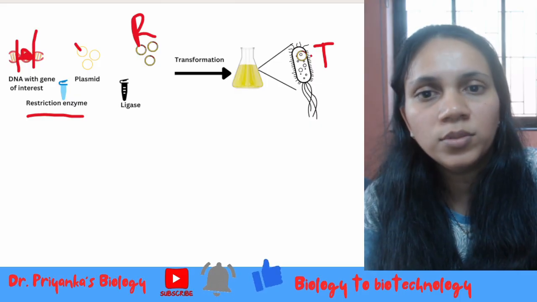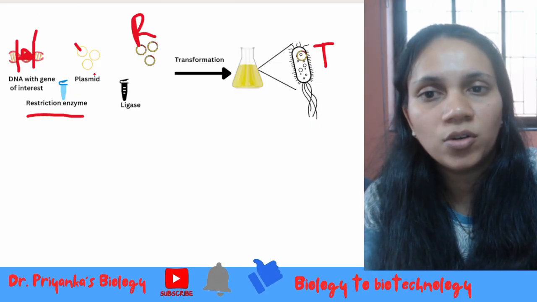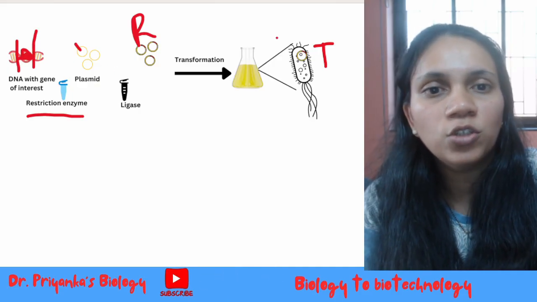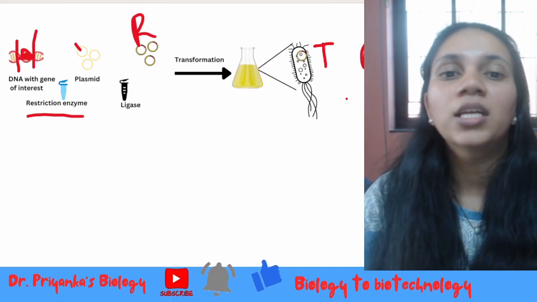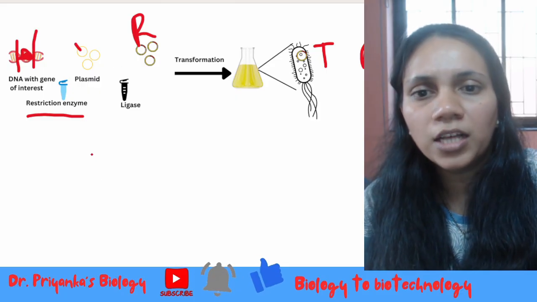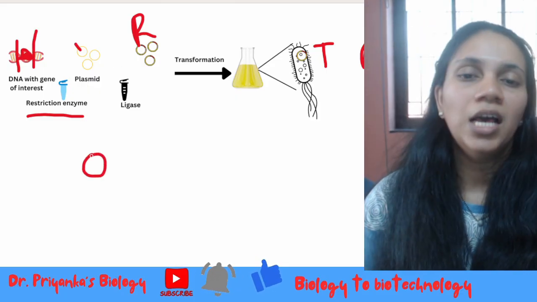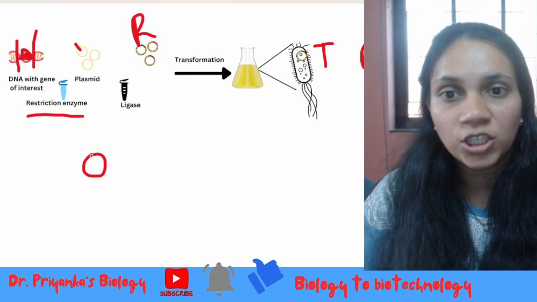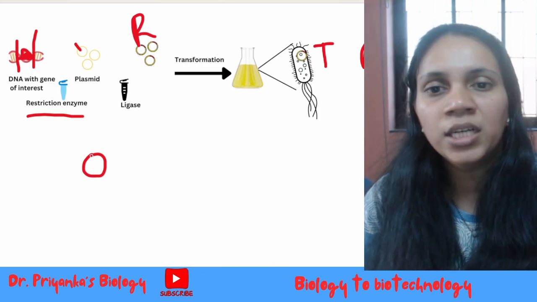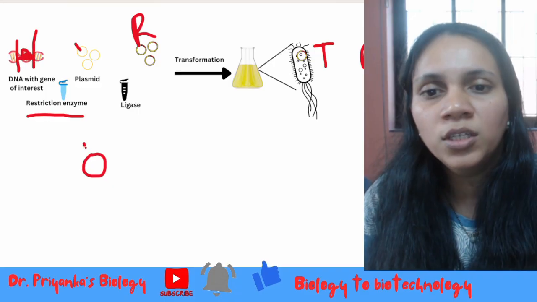Now this transformed cell, if it is carrying the newly made construct which has the plasmid DNA as well as the gene of interest, we will have a recombinant transformed cell. The other thing that is possible is that the plasmid has resealed again, that is, it has undergone self-ligation so that it does not have the gene of interest. Okay, that is condition 1. So this will be your